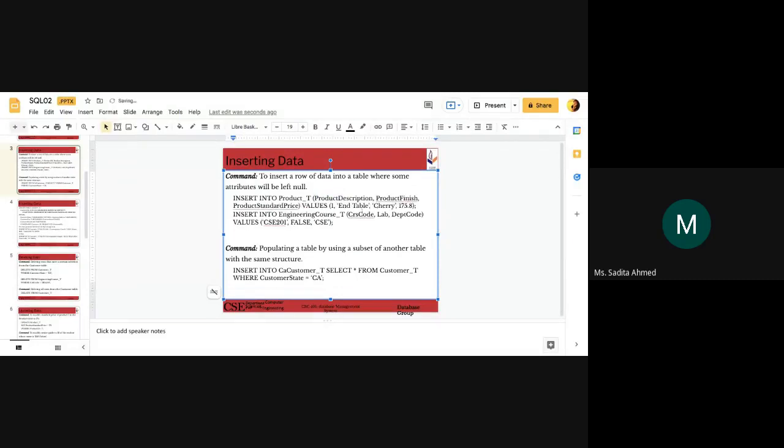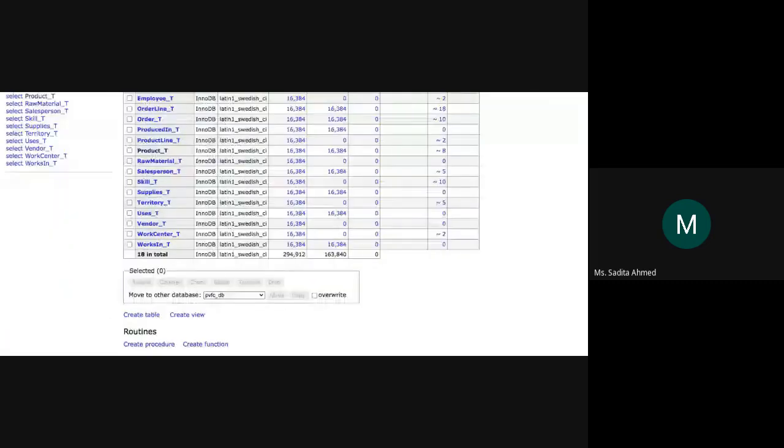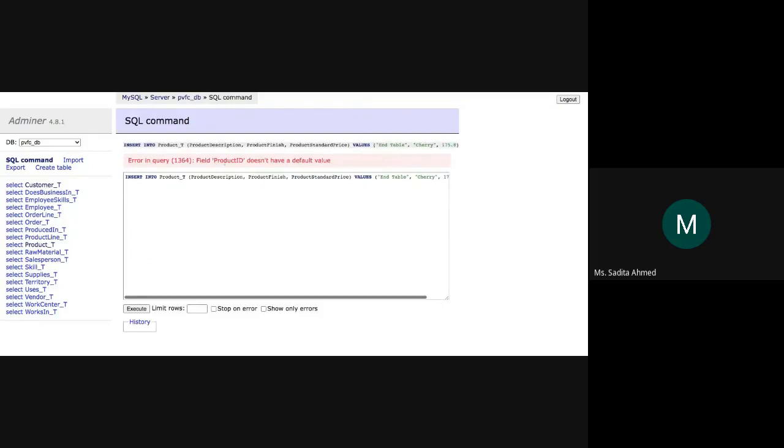Try this out in your own panels. Okay? So if you were to do something like this, let's write the entire query again. If you get rid of the product ID here, we will definitely get an error. Make the dimensions match. Then execute. Product ID doesn't have a default value, which means that product ID is not supposed to be